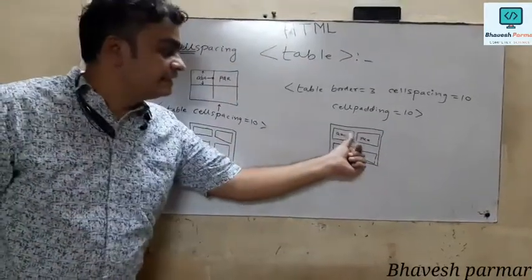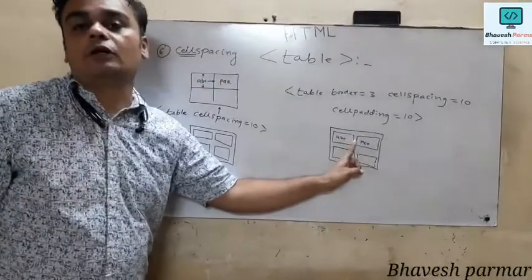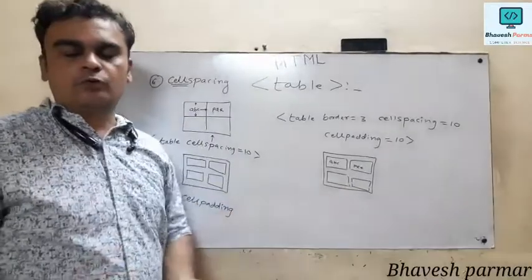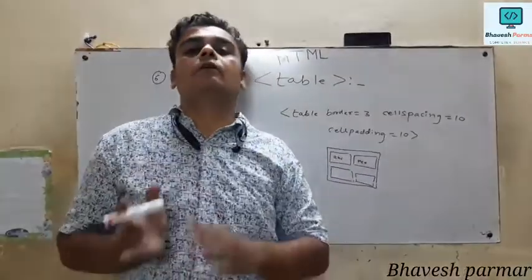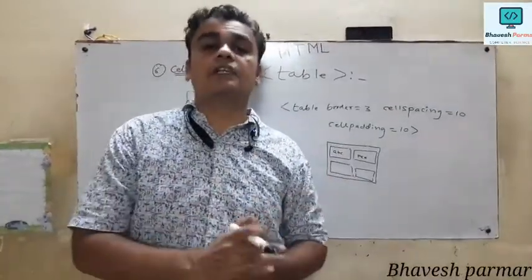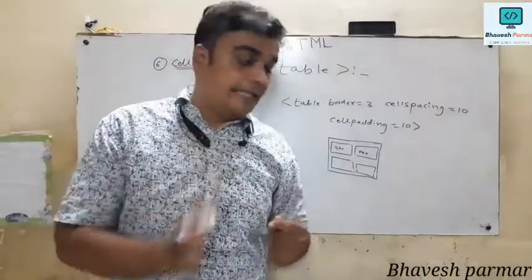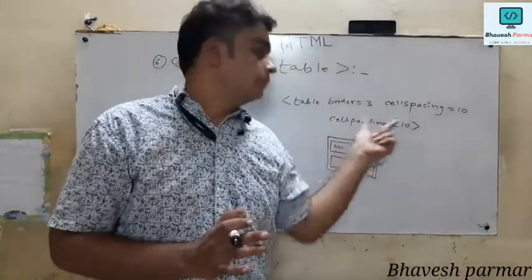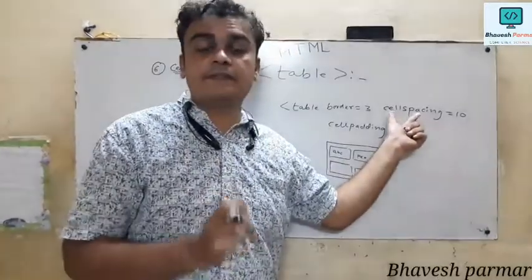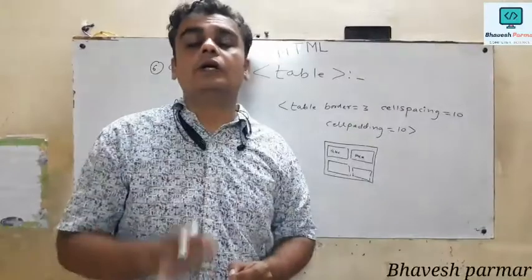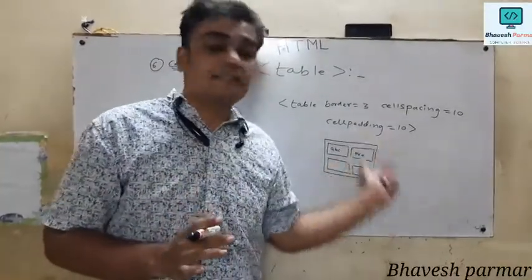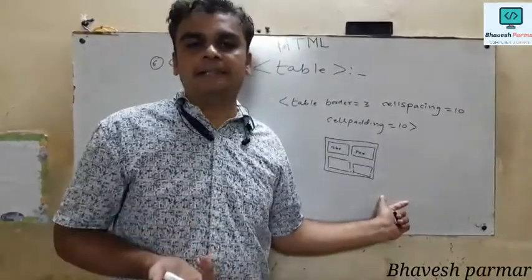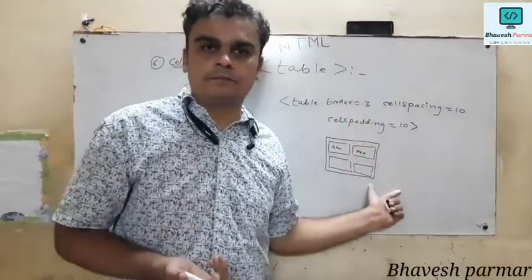So it increases the gap between text and border of the cell. It is represented by the cell padding attribute. Mostly what happens when they ask a question in the board examination is that the question might use the cell spacing and cell padding attributes. If we mention the cell spacing and cell padding attributes in your answer sheet, you will get 1 mark, and the rest of the program, if you write it properly, you will get 4 additional marks, meaning a total 5 marks question.